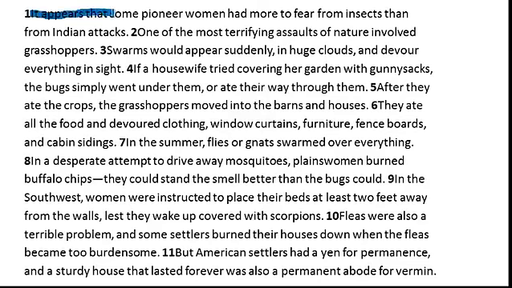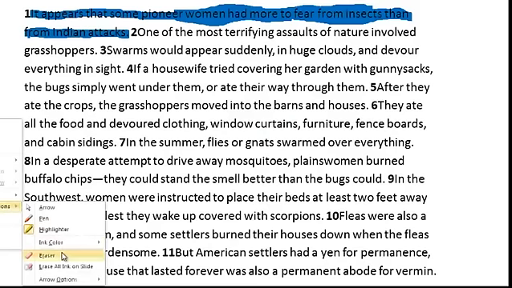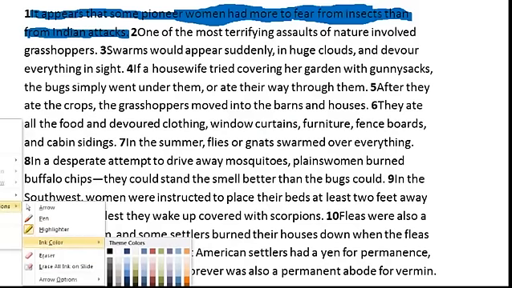It appears that some pioneer women had more to fear from insects than from Indian attacks. Because as you can see, the paragraph then is going to be all about the problems that the pioneers had with insects. So we'll look at our major supporting details now. And in the major supporting details,